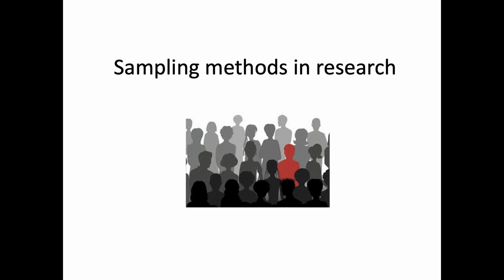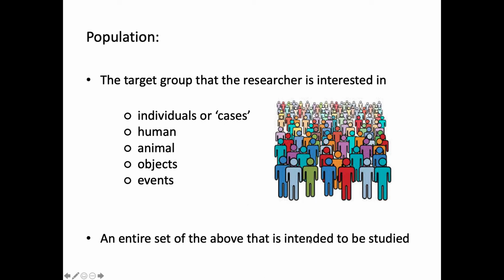In this final section of today's lecture, we're going to talk briefly about sampling methods in research. So sampling is the process by which we select participants to engage in research. When you're conducting research, you typically identify a population of interest. For instance, my population of interest in my PhD is trans and gender diverse adults. So the population is the target group that the researcher is interested in. And in the example that I just gave, it is adults who identify as trans and gender diverse.